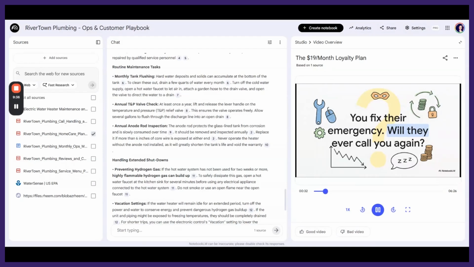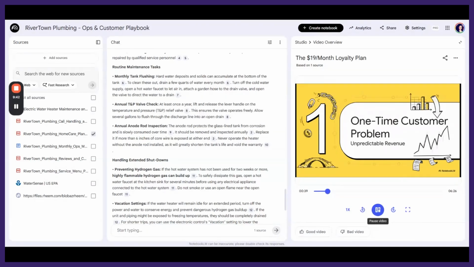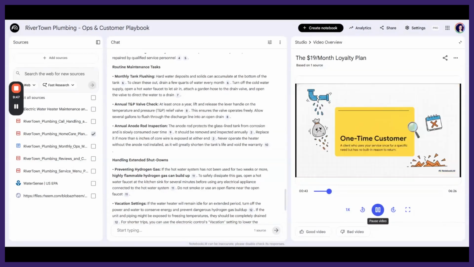But then, crickets. Will that customer ever call you again? That silence, that's not just quiet, it's the sound of unpredictable revenue. And that's a huge problem. And that right there brings us to the core challenge we're talking about today, the one-time customer problem. So what is a one-time customer? Well,